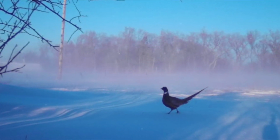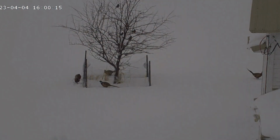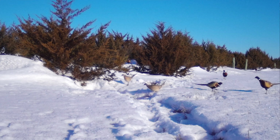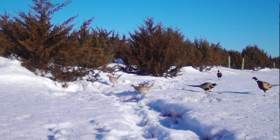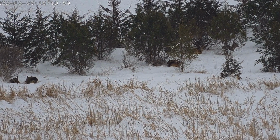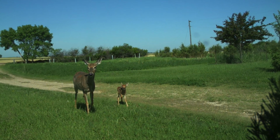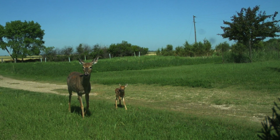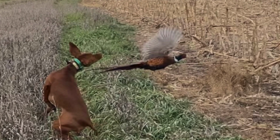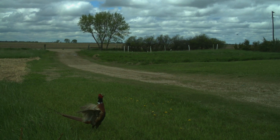This piece of property we have dedicated primarily to pheasant habitat. My husband's passion has always been to establish habitat for wildlife. He had a vision for this property when it was purchased, and over the past 20 years he has created a flourishing wildlife habitat. What was once pasture land and a bit of farmed ground has been completely transformed into